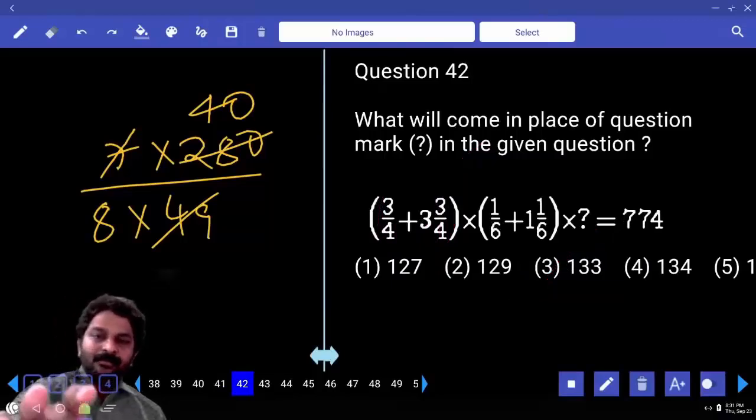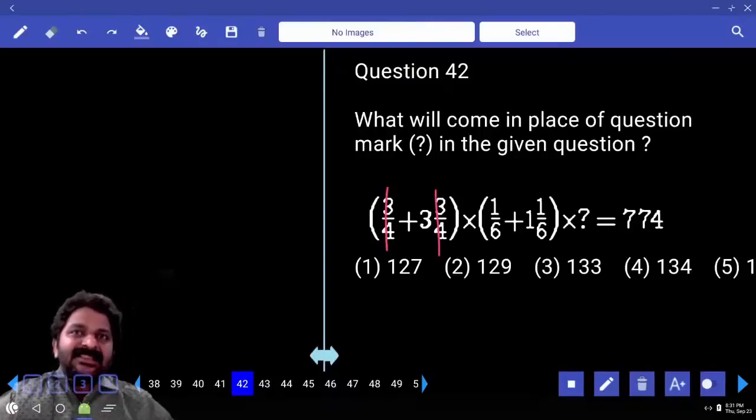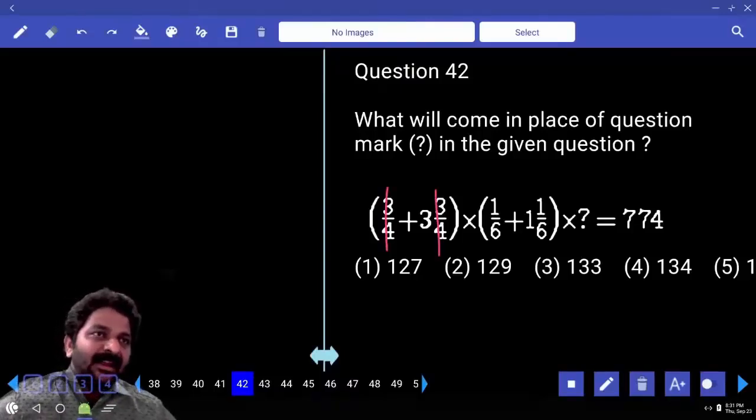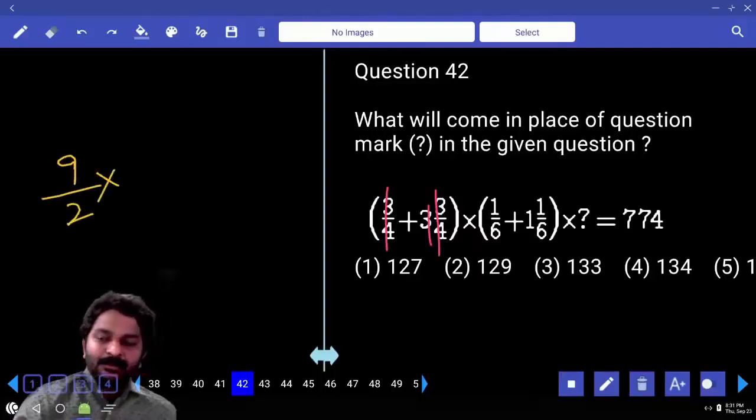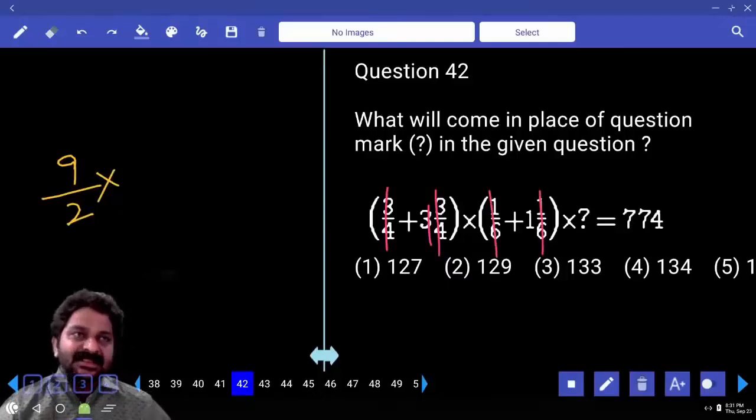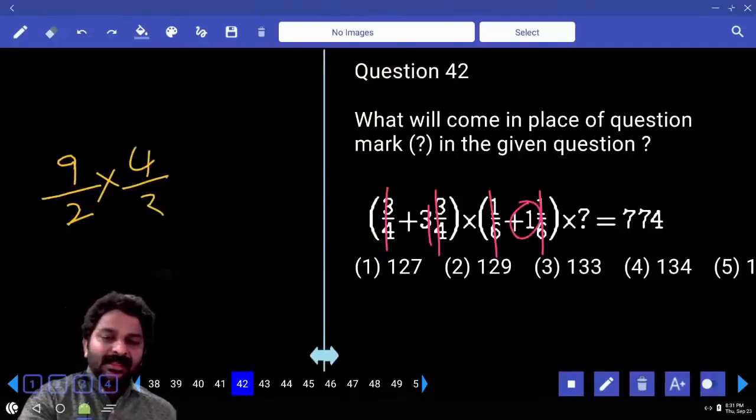Next. Left hand side. 3 by 4 plus 3 by 4. That is 6 by 4, which is 1 and a half. Plus 3, 4 and a half. 9 by 2 into 1 by 6, 1 by 6, 2 by 6, 1 by 3, 1 by 3. Already integer 1 is there. That is 4 by 3 into x is equal to